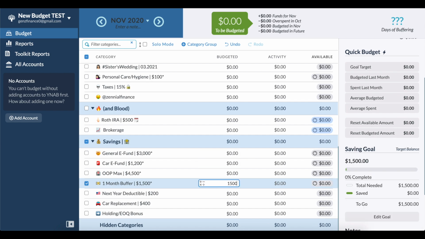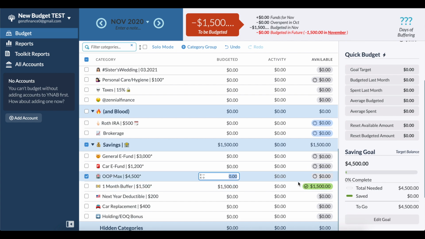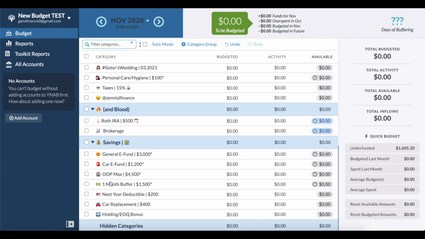And so then, for instance, when I budget out the $1,500 into the 1 month buffer, this available over here will show a check mark that I've reached that goal. That's the only reason I'm assigning a goal to these categories, just because I like the visual that YNAB gives you. And now that I'm looking at this, I think I actually need to add a category underneath